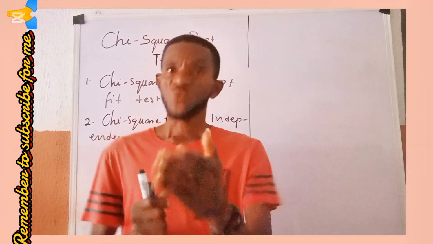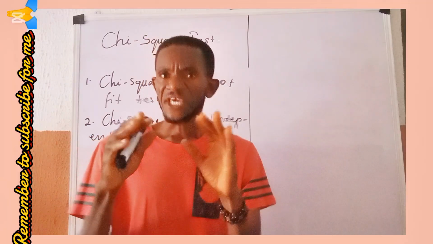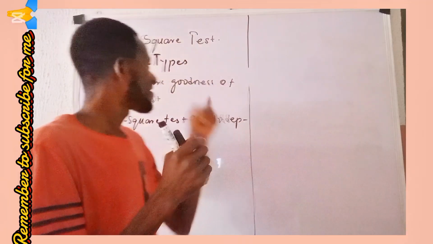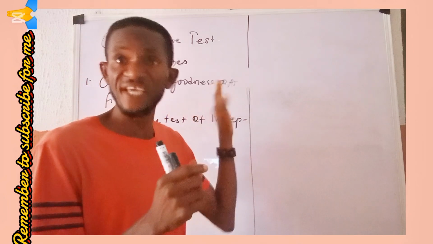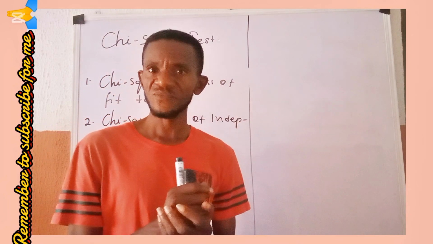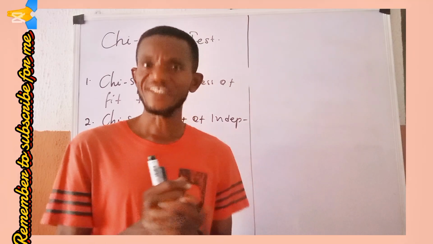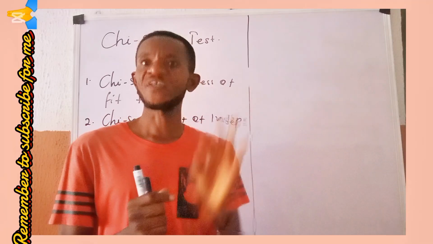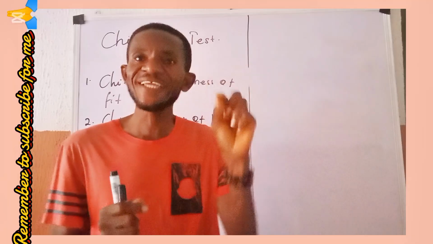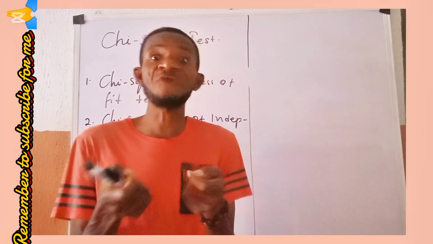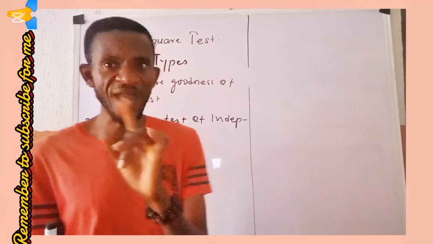Now, we are going to give what we call the test statistic. If we have known that the chi-square goodness of fit test is used in these conditions, we ask ourselves, what is the test statistic for the chi-square goodness of fit test? What is the test statistic, or what we call the formula, for the chi-square goodness of fit test? The formula is given this way: